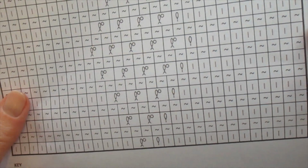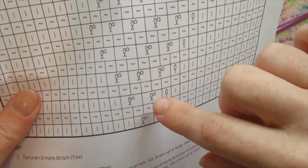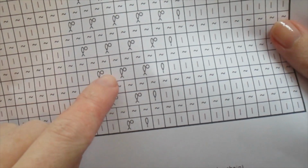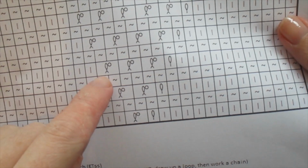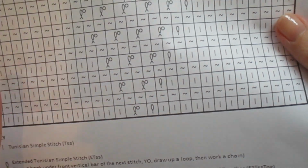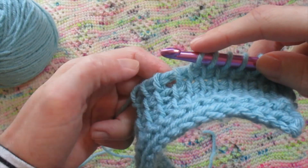Now onto the third row of the lace diamond. I'm going to do again the same as before, but one more repeat of the yarn over followed by extended 2 Tunisian simple stitches worked together. So I'll do that a total of 3 times this time, again to make the diamond lace get wider as it gets taller. So I just need to do 2 more Tunisian simple stitches